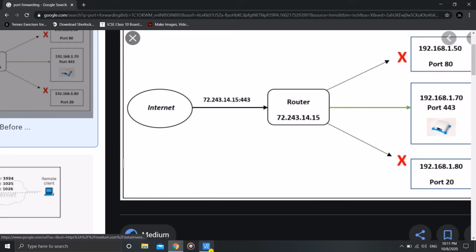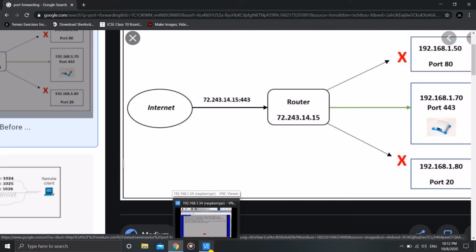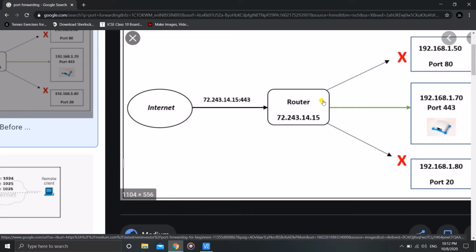So basically, after this step, without port forwarding, you will be able to access the VPN server only in your home. So what is the use of a VPN server then? But don't worry, I will make a video on what exactly a VPN is before uploading this video. I am recording many videos together, so I forgot to make that one. I'll make the video on what is VPN first, upload that first, and then this one. I am assuming that you know what a VPN is.